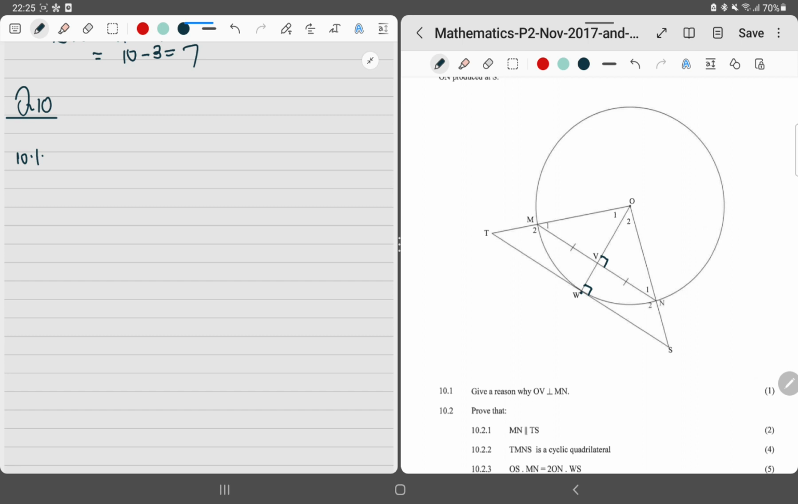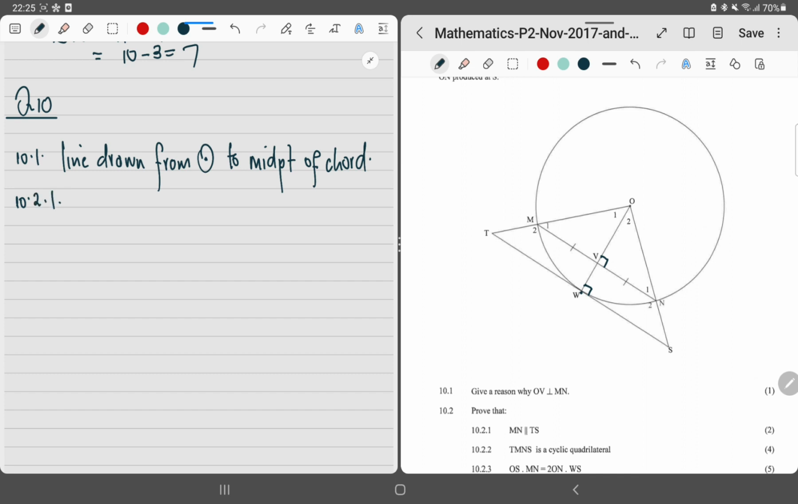10.1. Give a reason why OV is perpendicular to MN. So the line drawn from center to midpoint of chord. Then